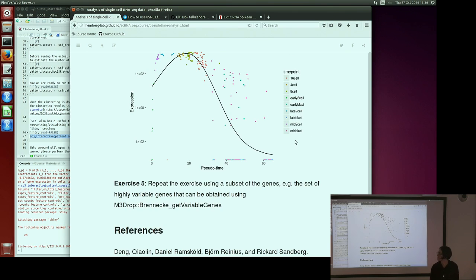I don't understand this. If you know the time points or the different stages, why do you need to do this? This is a very clean data set where the time points are very distinct, so we wouldn't necessarily need to do pseudotime for this data set. What you usually see, though,